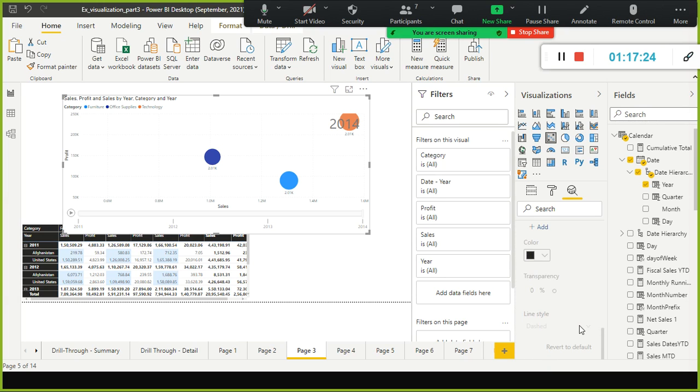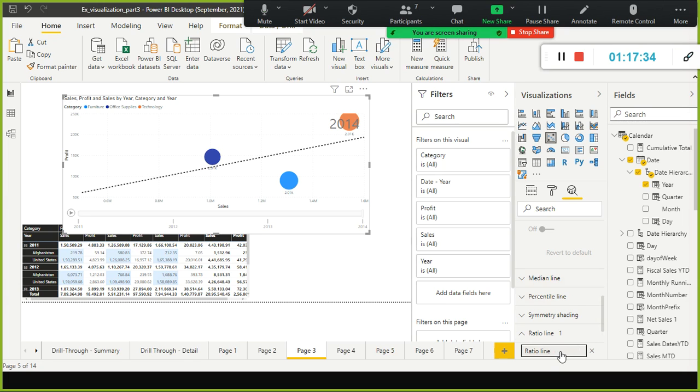We have something called a ratio line. I just try add, and give some value here. When I select this one, it automatically draws a line like this. What does it say here? This is a ratio line.